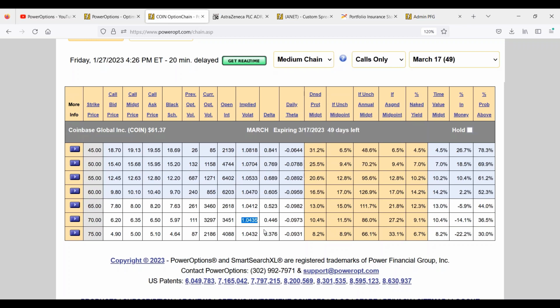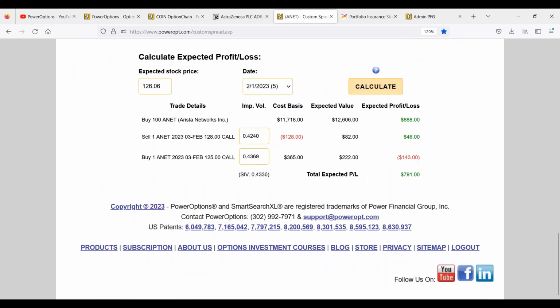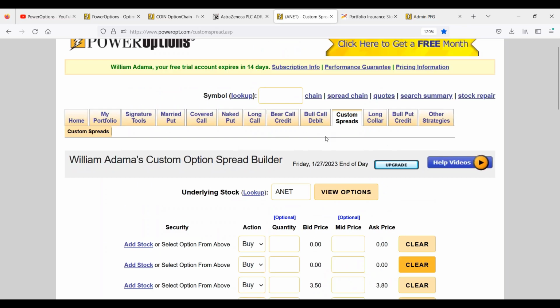With earnings coming out at the end of February, Marches are going to be highly affected by that. Okay, so let's think about this just for a moment. I'm sorry. Let's clear this all out very quickly. And we've got COIN. And after everything, but before you sold this call, you said,